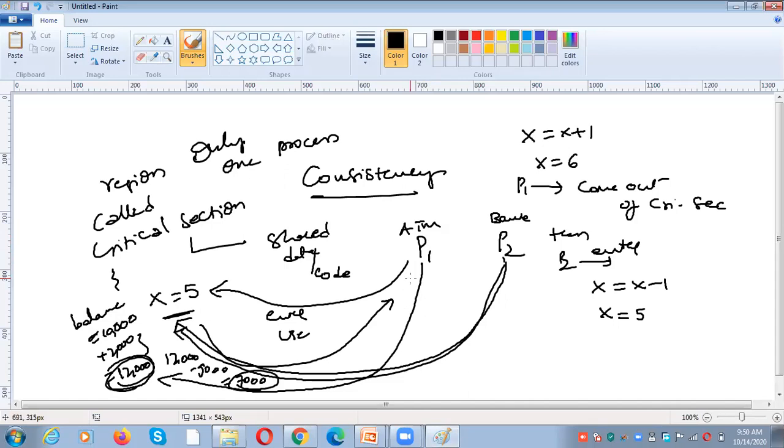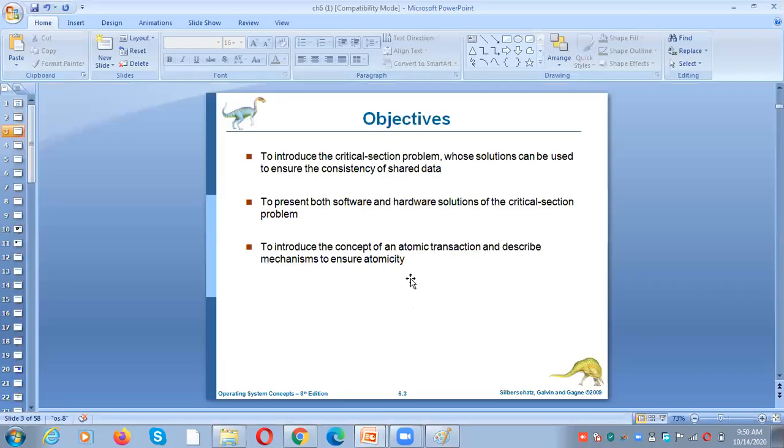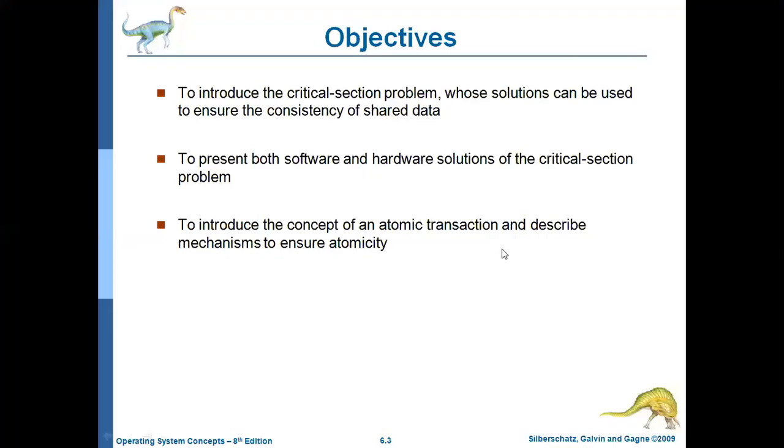So process synchronization is for ensuring the data consistency. Do you get my point now? Whenever the processes are sharing the same data, there should be some synchronization between the processes.